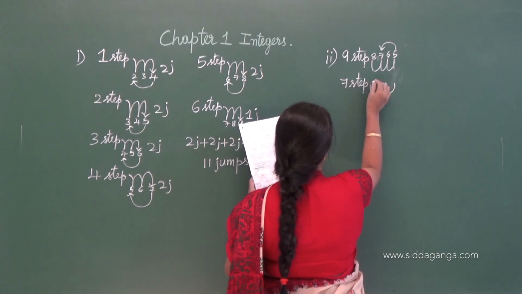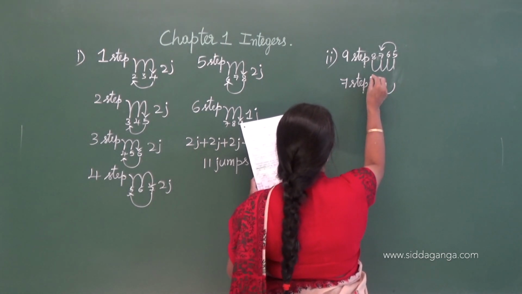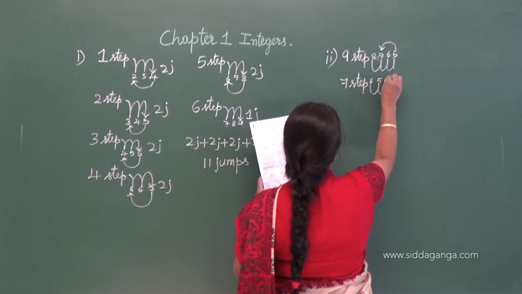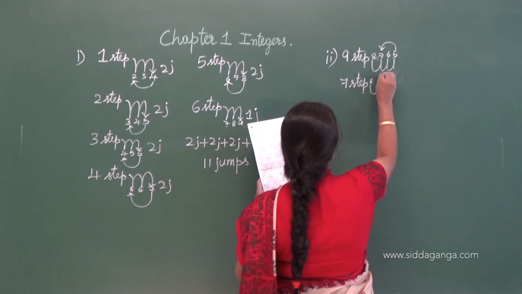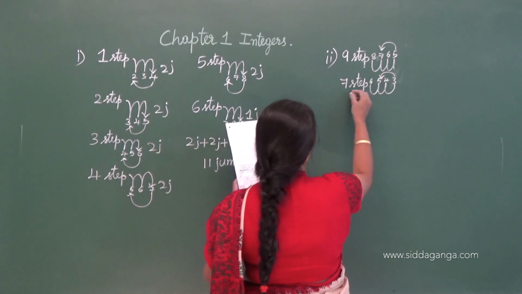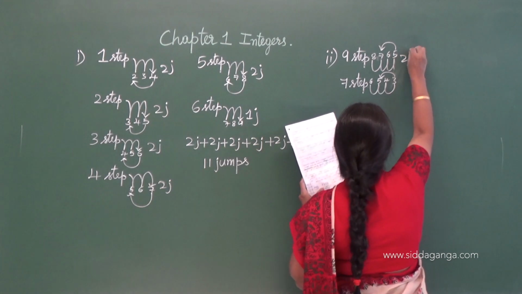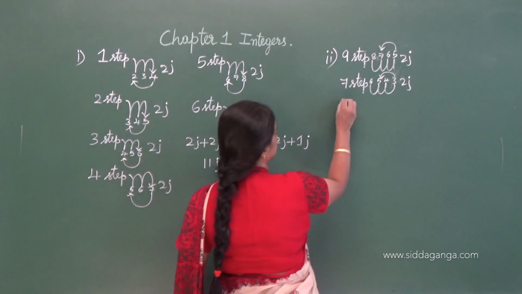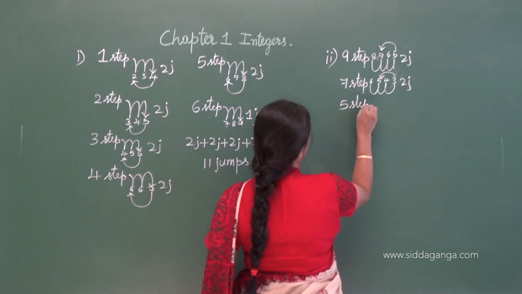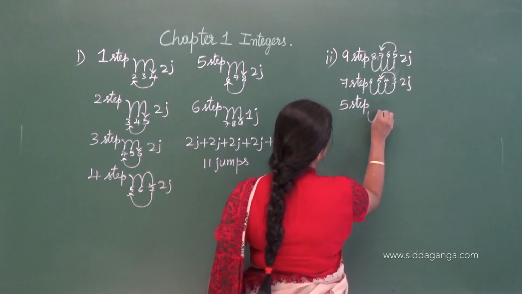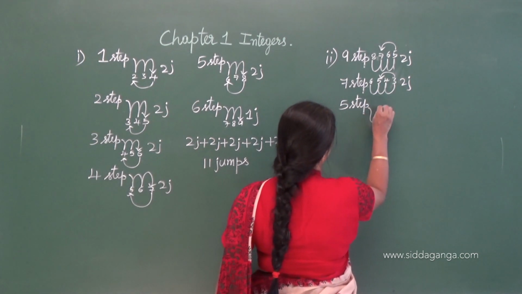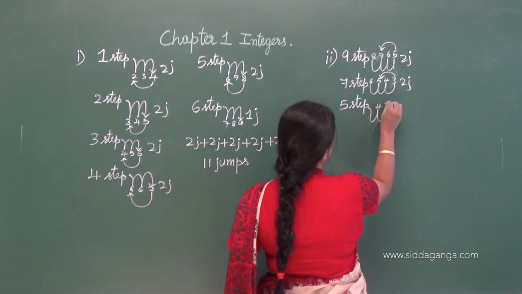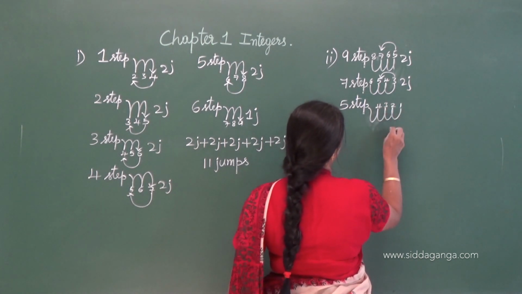Here from the 7th step it goes 6, 5, 4, 3 and again it comes to the 5th step. Here it takes 2 jumps, here it takes 2 jumps. Now it's at the 5th step, okay. Again consider from here, it goes 1, 2, 3, 4. 4, 3, 2, 1, okay.